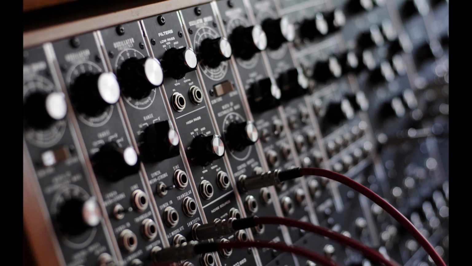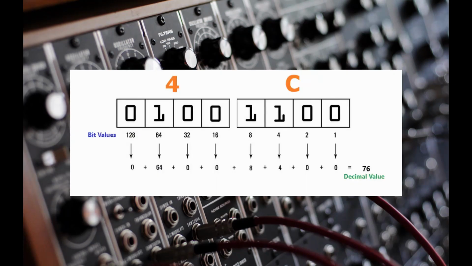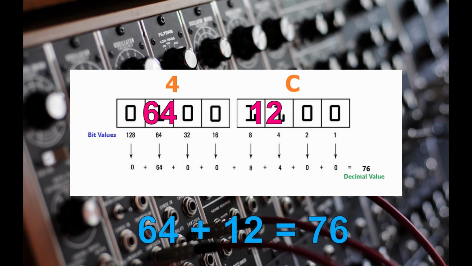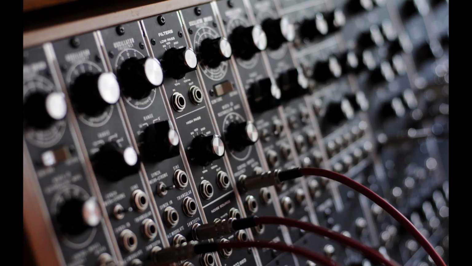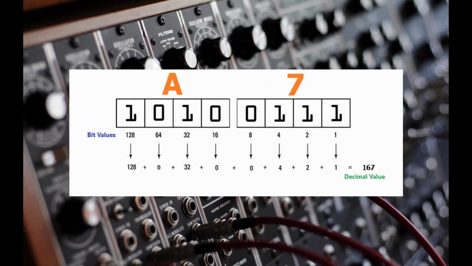Looking back to our example hex value of hex 4C, when we add the most significant nibble to the least significant nibble, we get 64 plus 12 equals 76. Let's try another example. Hex A7 in binary is